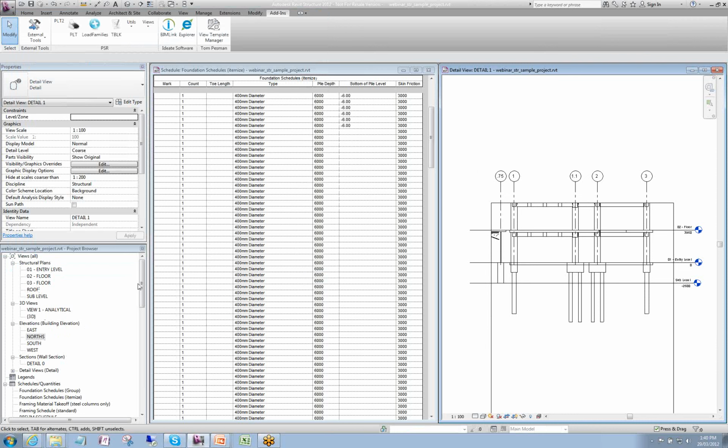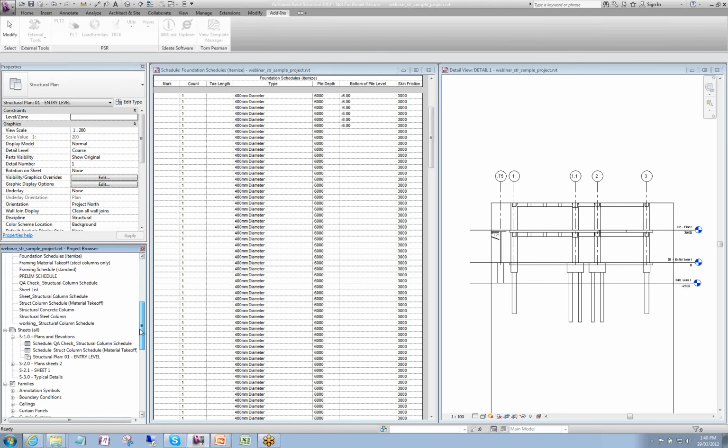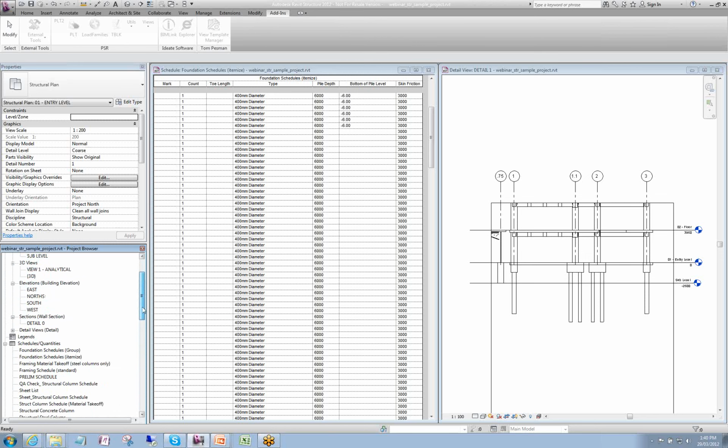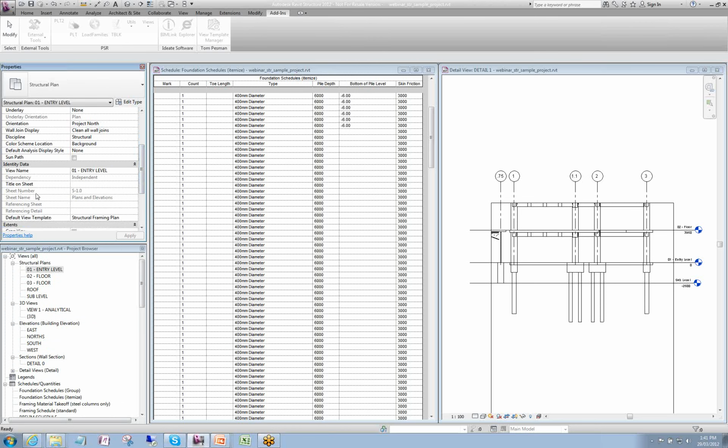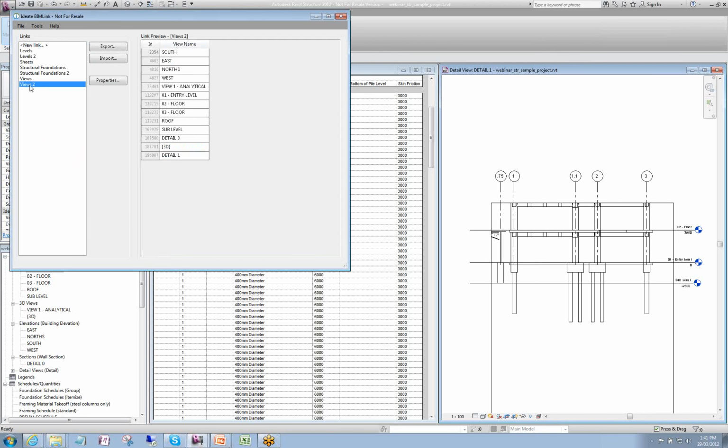Now in addition to that, you might go, well, I also need to, say for example, my office procedure might be to put the sheet number that it lands on as part of the view name. So I know this lands on sheet as in -10 and plans elevation. So opening up views 2 and I go